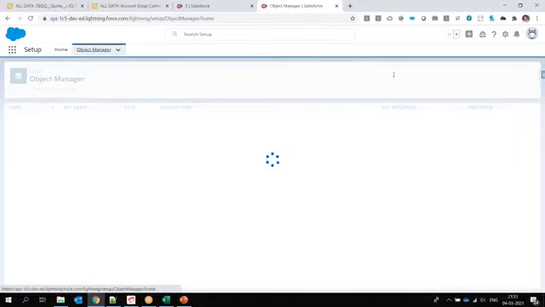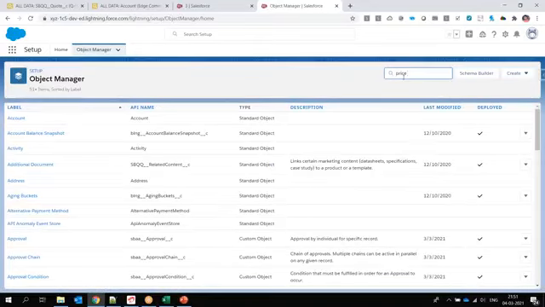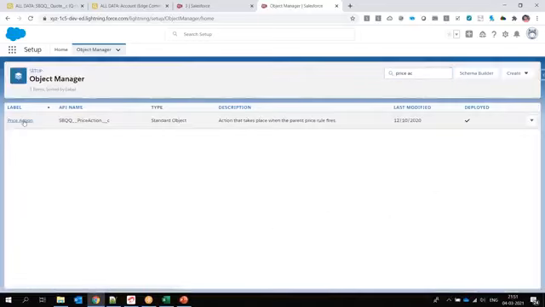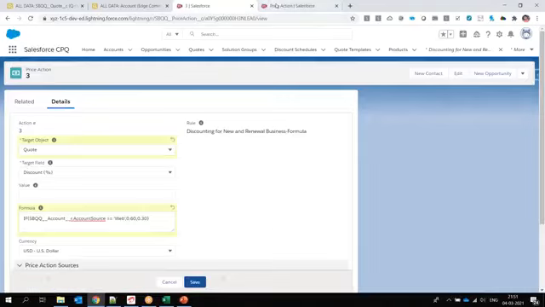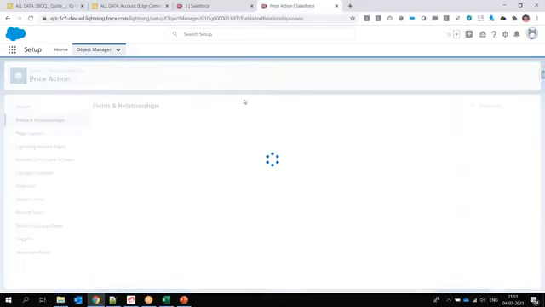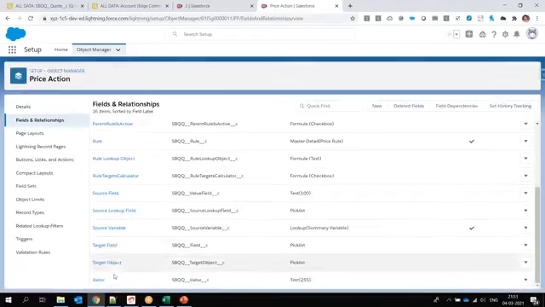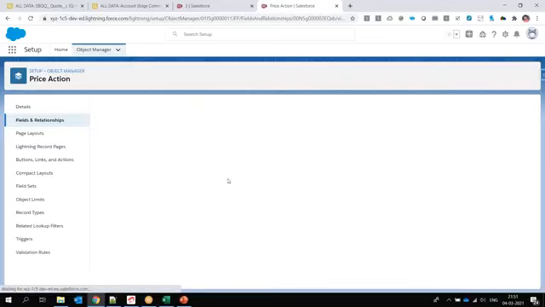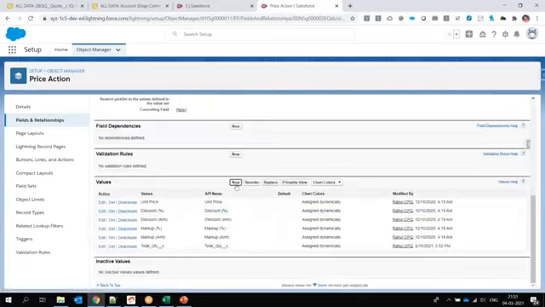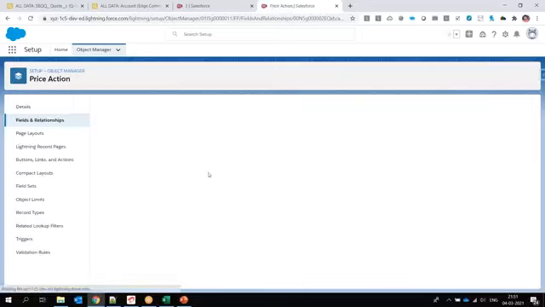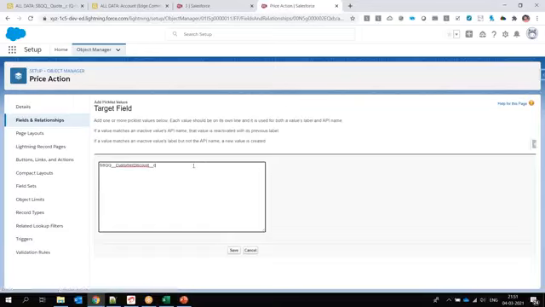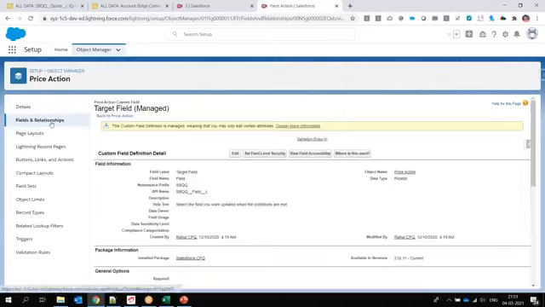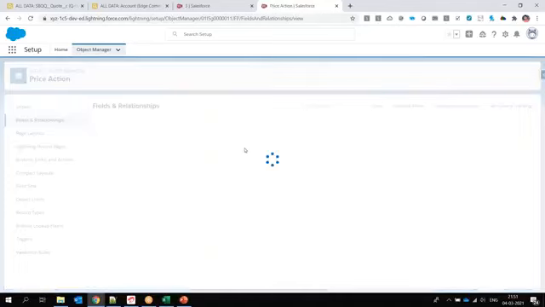So let's test that out. I'm not pretty sure. Price action, right? So on the price action, we have the target field. You go to the fields and relationships. If you open the target field here, so here you can go and add your new picklist value. So it will be selectable. Right? If I save that, and the thing here is, if I go back to the fields and relationships,